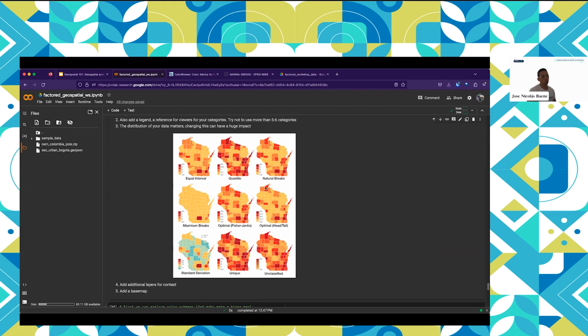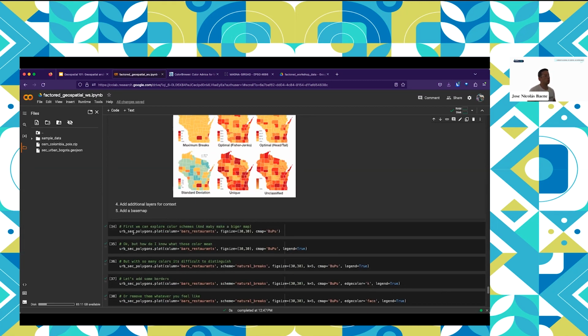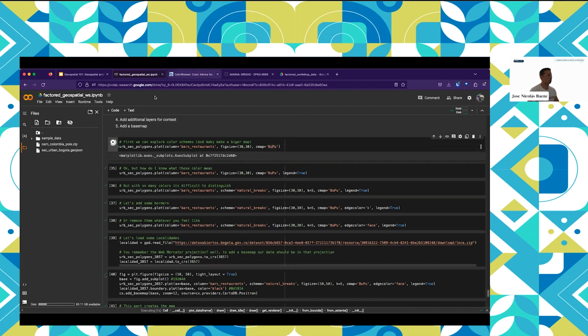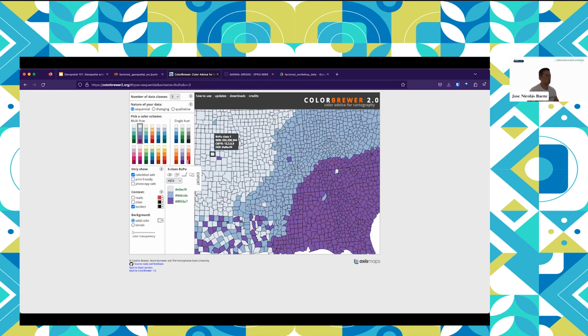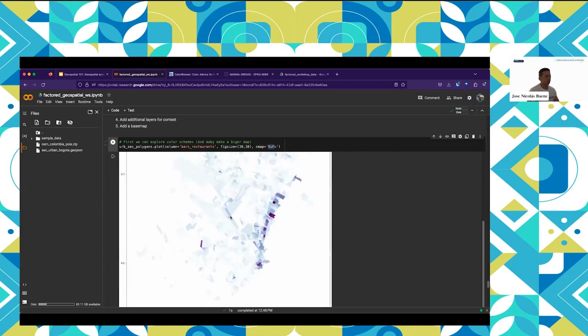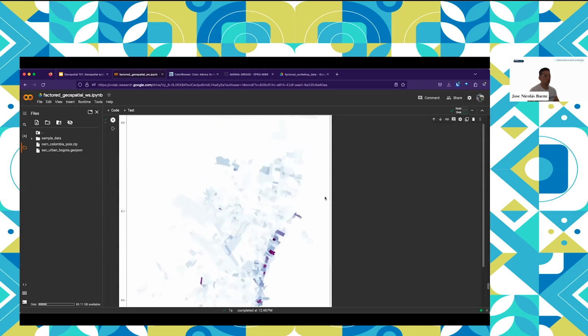I handed you some examples on how distributions shape the way you see your data, and we can add some additional layers. I'm going to go very quickly through this. Sorry about that. But for example, let's make a bigger map and just change the color with this one, which I like, but maybe you don't like it. You can choose another one. So I just took these 4 letters and replaced them here in the cmap, the color map. And now we have this map. It starts to look better.